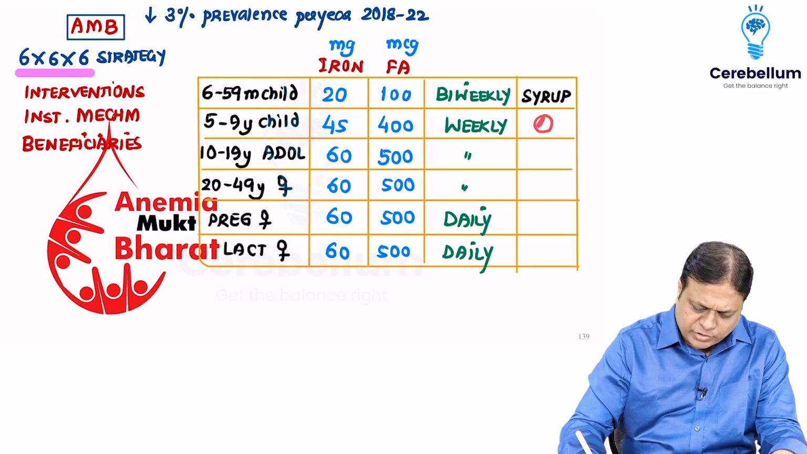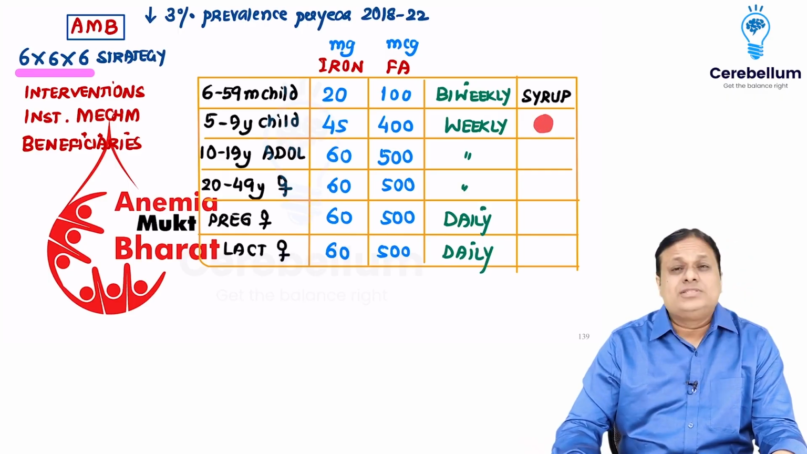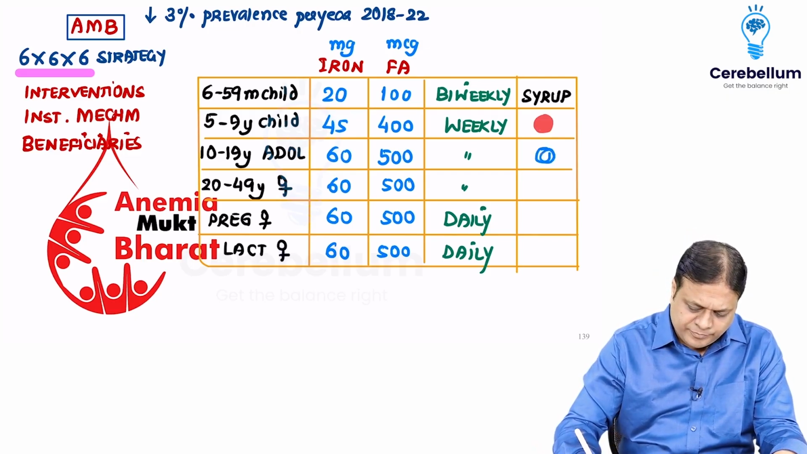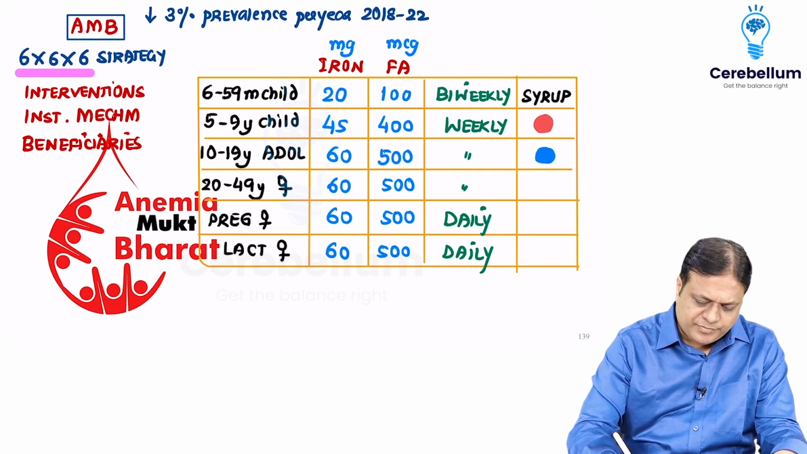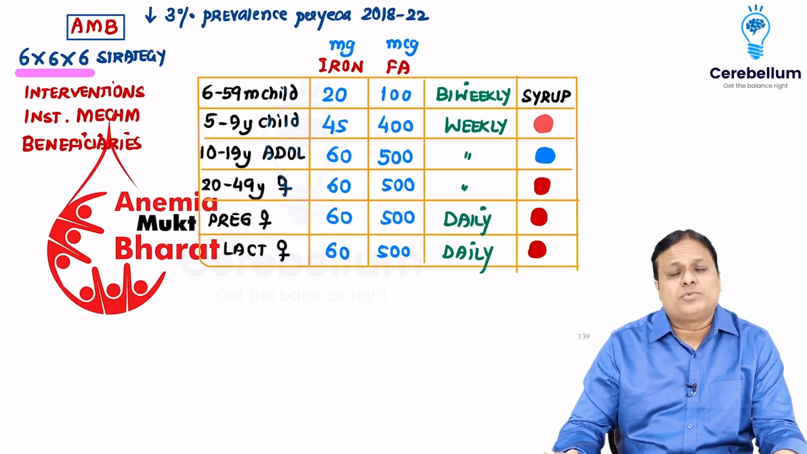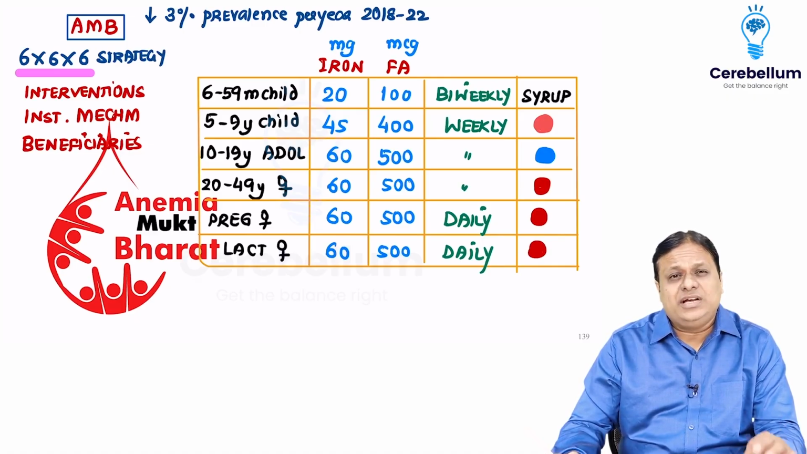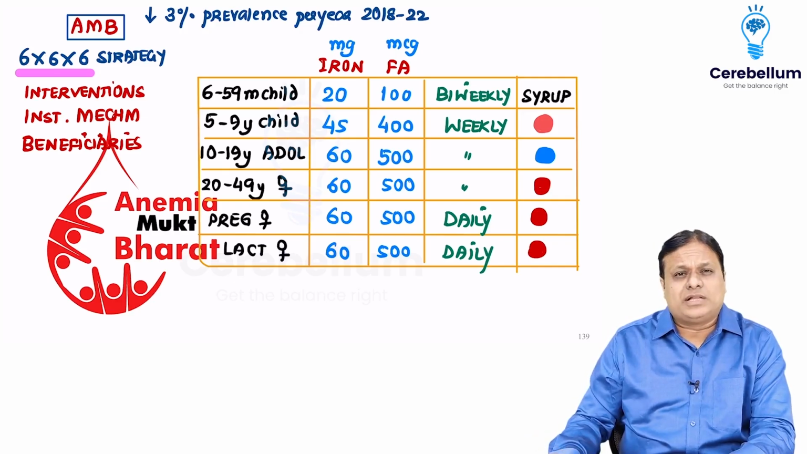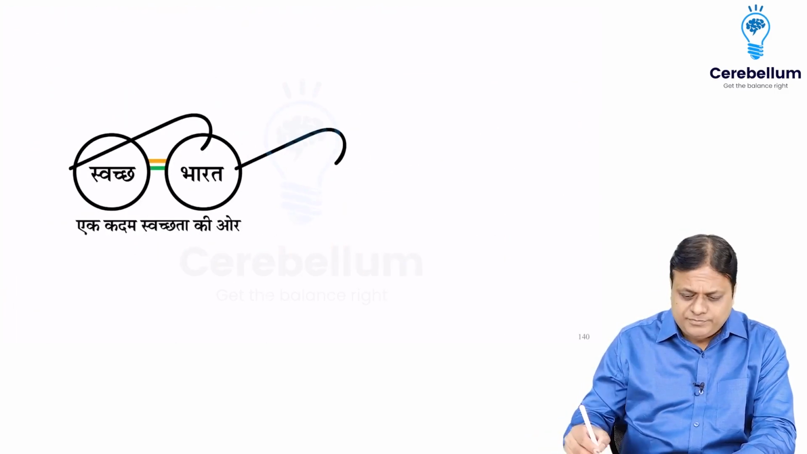this is meant for children 5 to 9 years. Blue colored tablet, this is for adolescents. Other get red colored tablet for this program. It has been linked with National Deworming Program. Biannually it is done. From Anemia Mukt Bharat, we move to another new program, that is